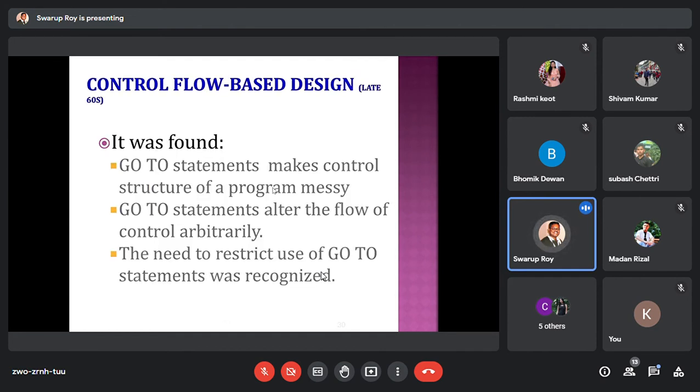More specifically, why we normally call it the go-to. Okay, go-to statements. During your C class also, I mentioned that the go-to feature is there, but try to avoid go-to, because go-to makes this control flow very, very clumsy.